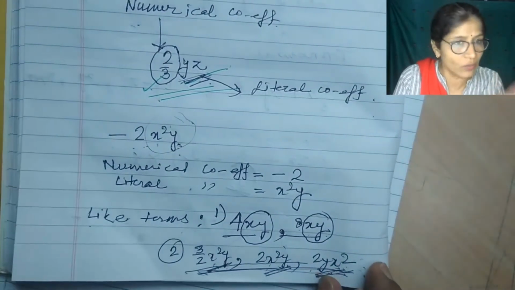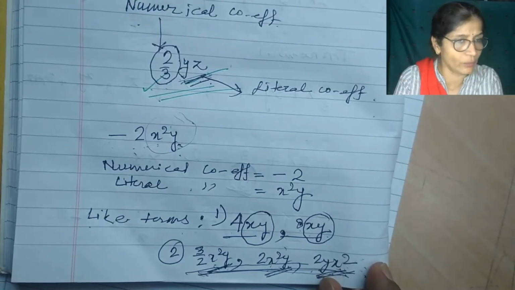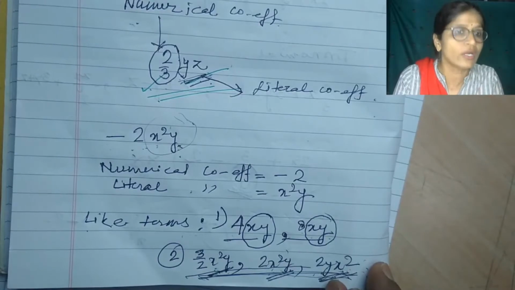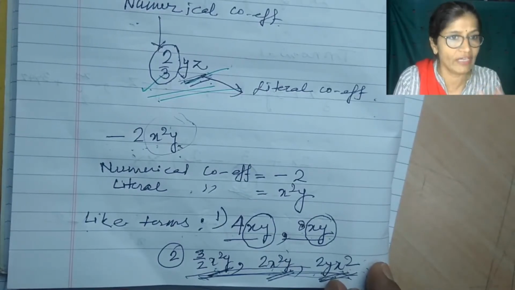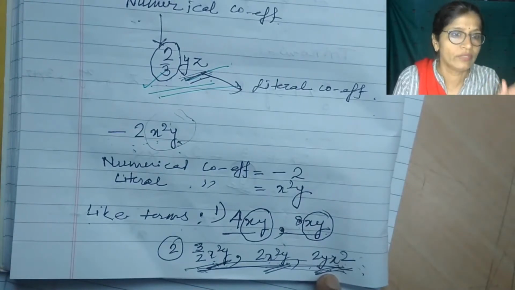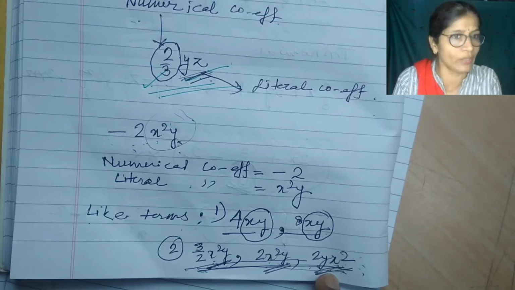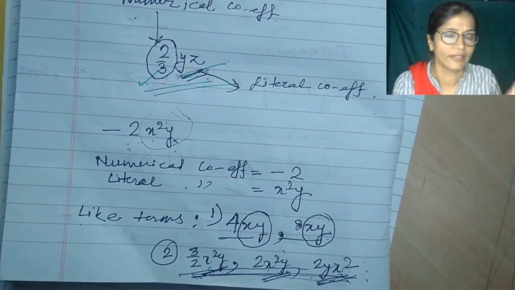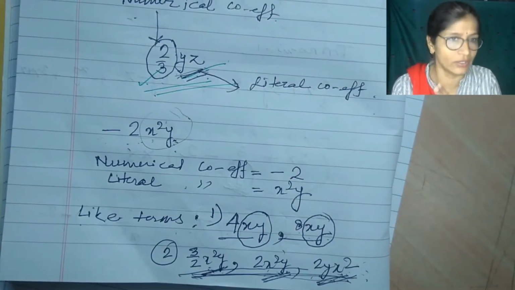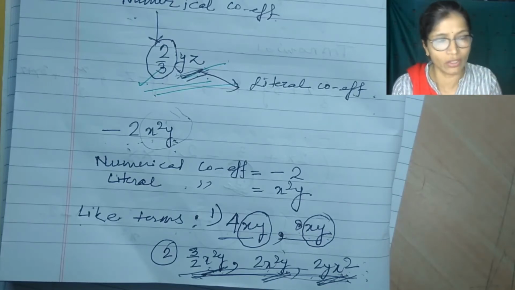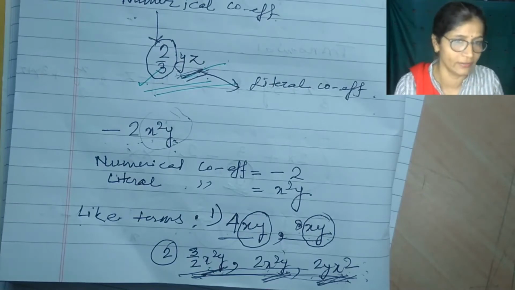Like terms: whether I say y x square or x square y, both are like terms, because in multiplication, whether 2 into 3 or 3 into 2, both have the same value 6. So in algebra also, in multiplication, either I write y x square or x square y, both are the same. But we will always try to write in alphabetical order, meaning x I will write first and then y, the power of x first and then the power of y.